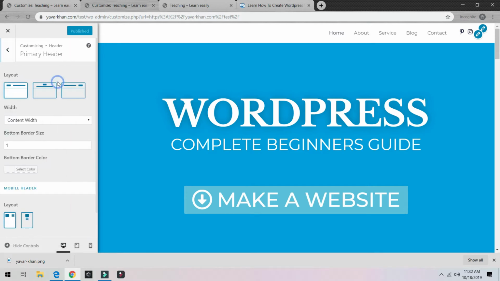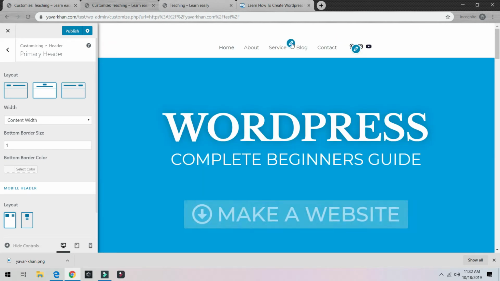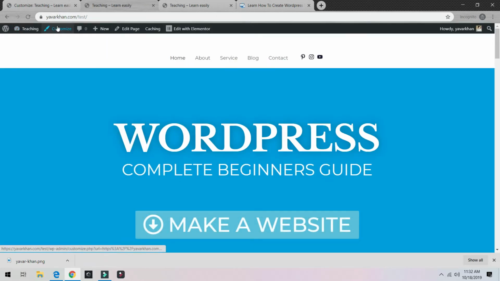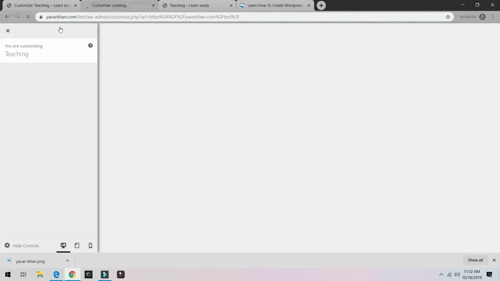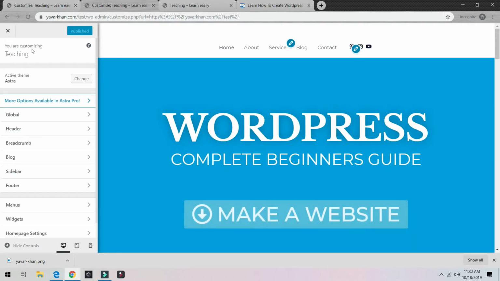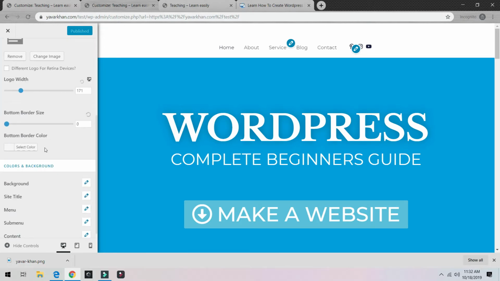Site primary header, you can choose, I can put this in the middle, so the menu would appear in the middle, boom, save. I like this one much better. So now this is saved, you can close it, or again if you want you can customize it. There are a lot of settings. I don't want to make it a long video, but I'm just gonna give you an overall. Go back on headers, you can set transparent header, border size, bottom border,